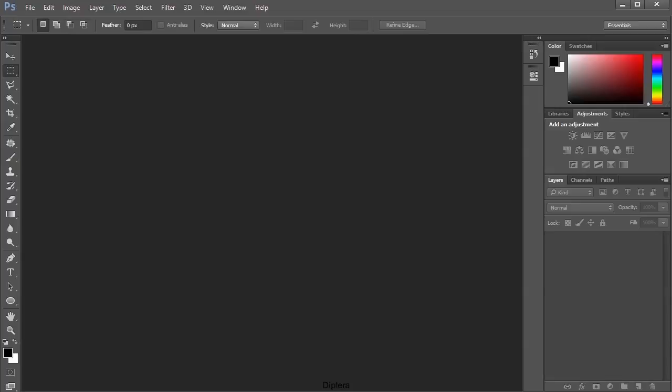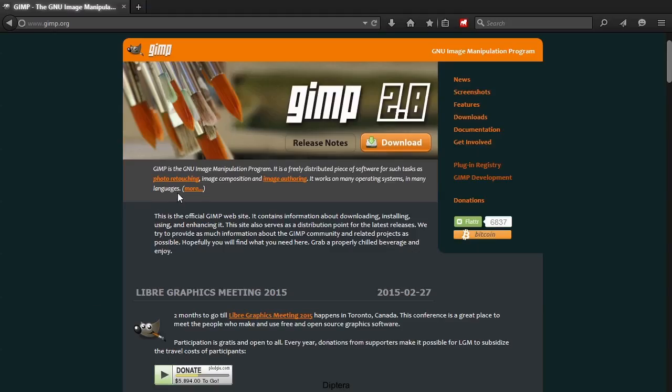Here I've jumped over to Adobe Photoshop, ready to create an image texture to be used as a height map for our terrain in Unity. Before I go ahead and do that, I just want to make you aware that if you don't have Photoshop, you can download an alternative absolutely free of charge. I'm just going to bring up a web browser window here, and you can get access to a free image editor by going to